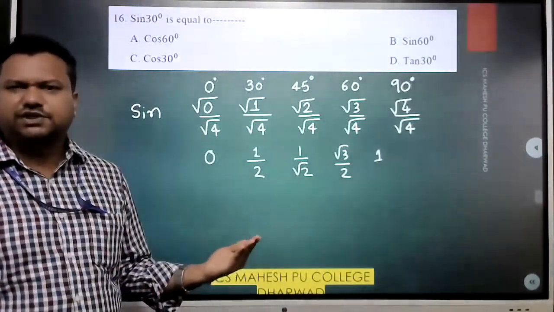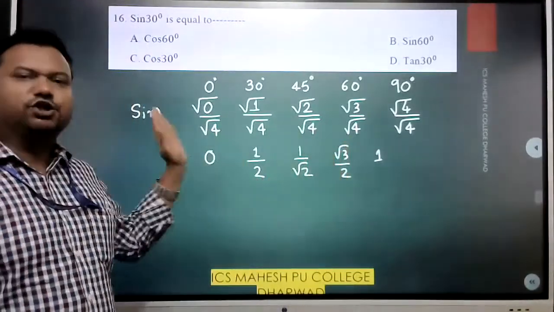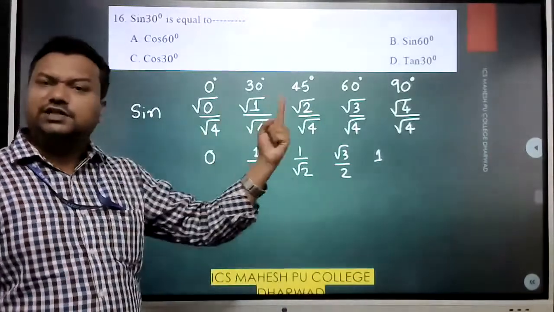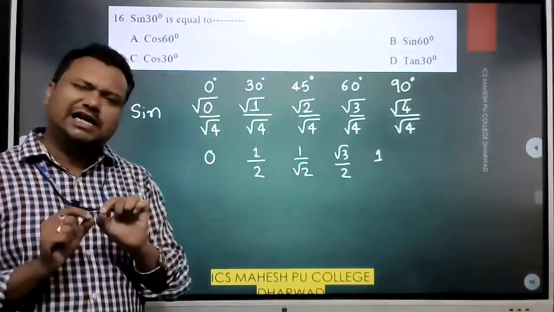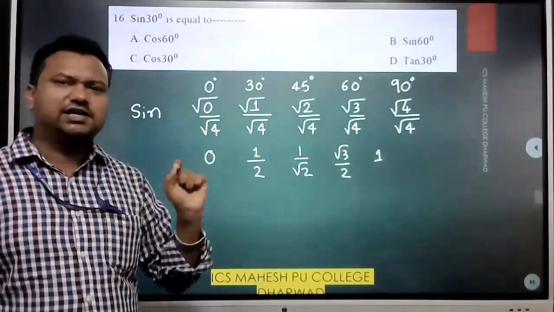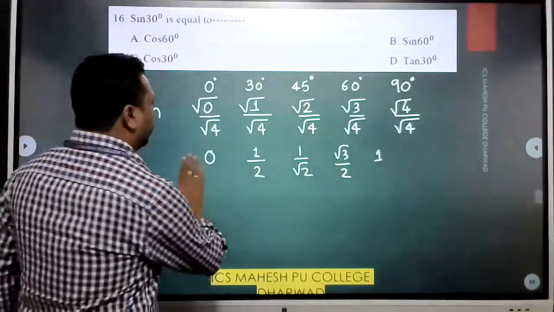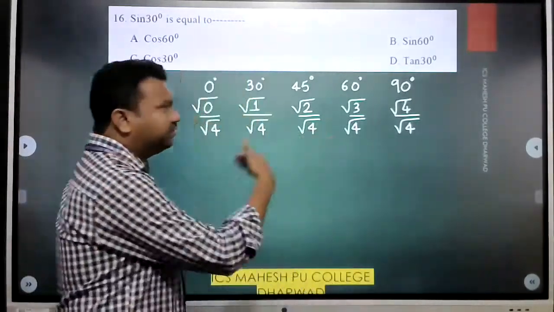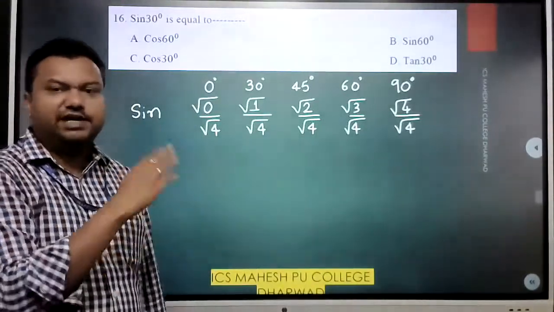ನೀವು ಅದನ್ನ ನೆನಪಿಟ್ಕೊಳ್ಳೋ ಅವಶ್ಯಕತೆ ಇಲ್ಲ ಅನ್ಕೋತೀನಿ. ಯಾಕೆ ಅಂತ ಹೇಳ್ತೀನಿ, ಡಿನಾಮಿನೇಟರ್ ಅಲ್ಲಿ √4 is fixed, ನ್ಯೂಮರೇಟರ್ ಅಲ್ಲಿ ಏನಾಗ್ತಿದೆ ನೋಡಿ √0 to √4 ಬರೀತಾ ಇದ್ದೀರಾ. And don't forget these angles, respect to angles, okay? 0, 30, 45, 60, these are standard angles, my dear students. Just take care of this discipline, okay? I hope you can understand this, because further you need to simplify this. I'm giving you the original form, which you have to simplify and understand.